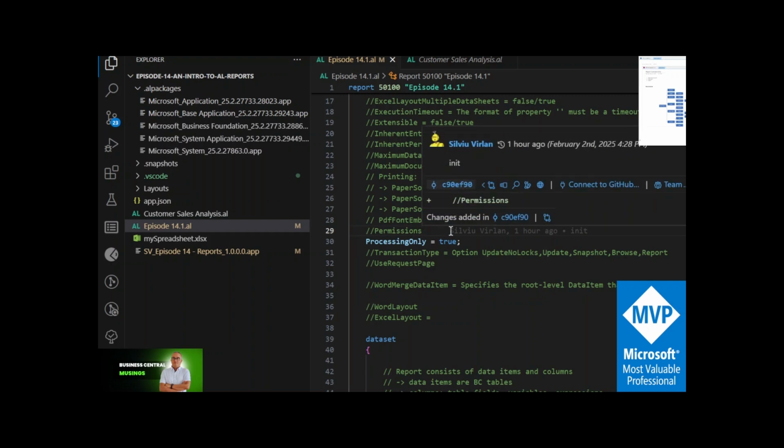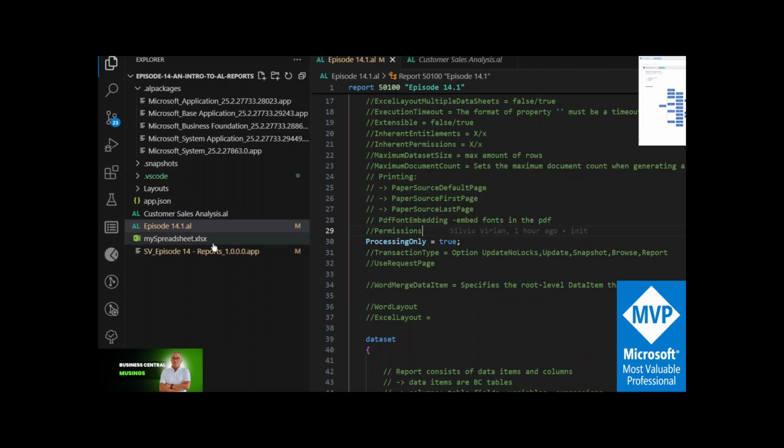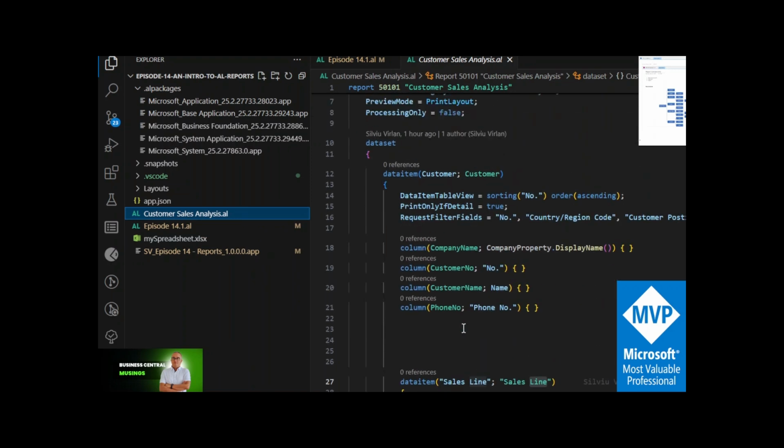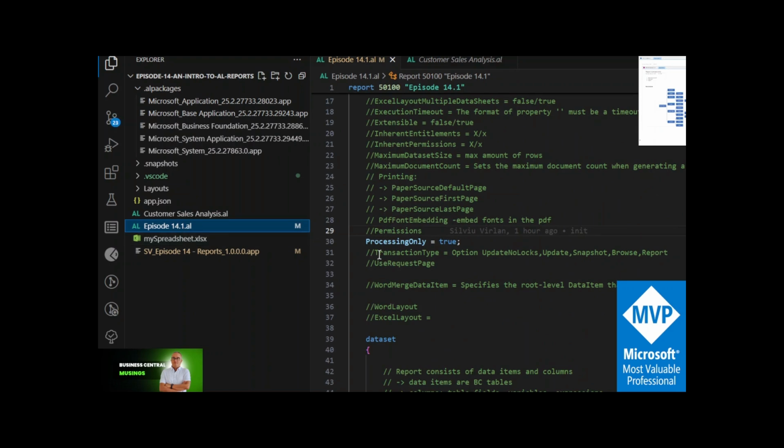Permissions is just what sort of permissions you need for this report to be executed. You have to look at what the report is doing. Is it updating maybe data? And if it's updating, maybe you need modify permissions